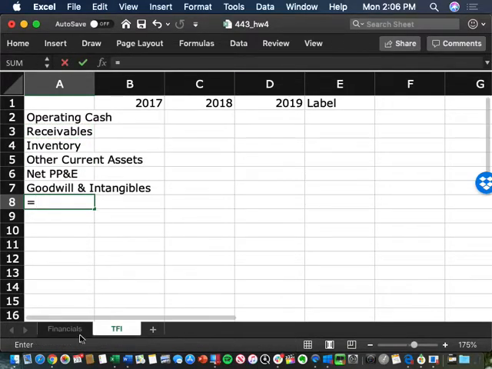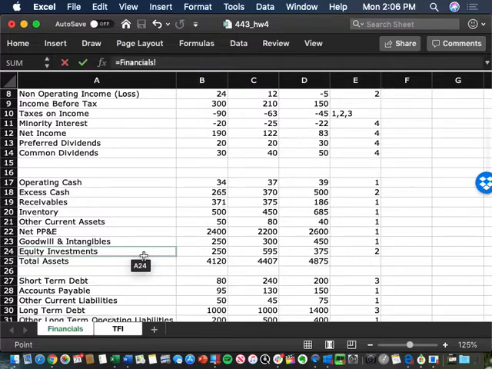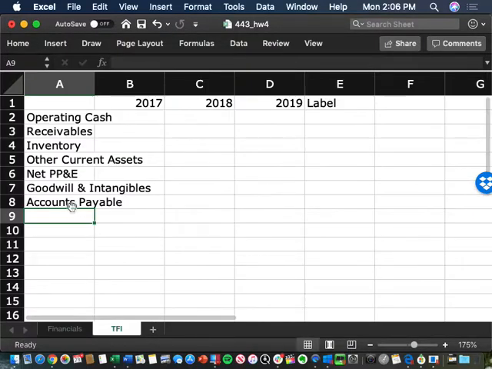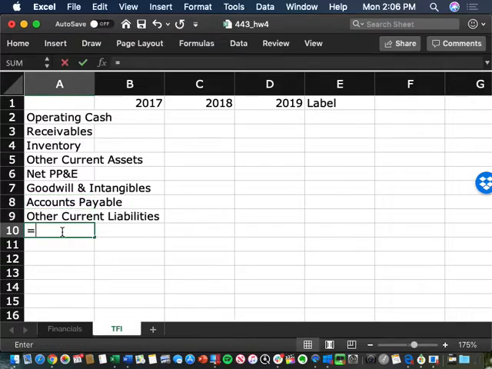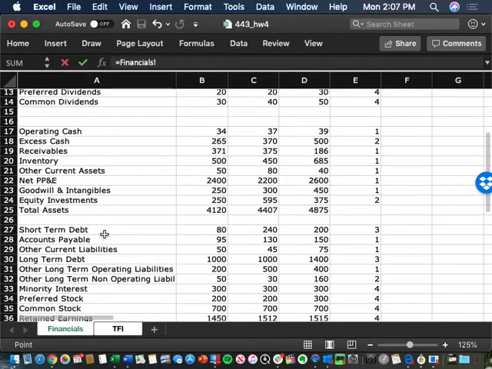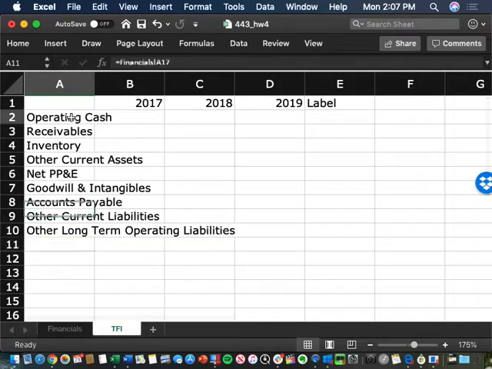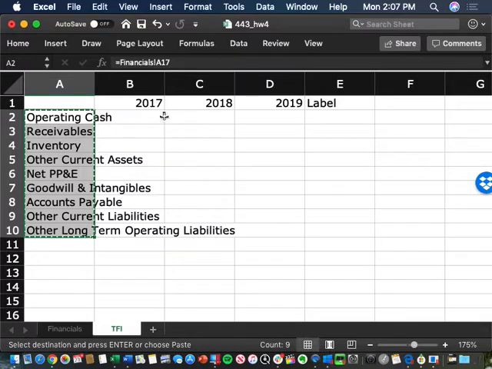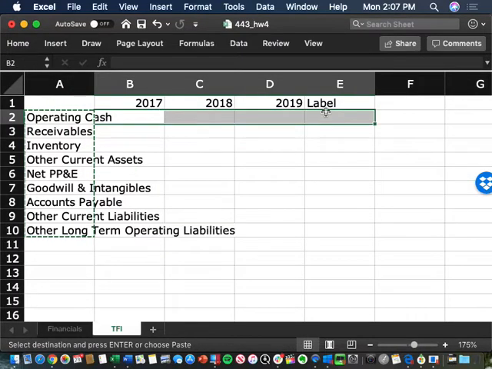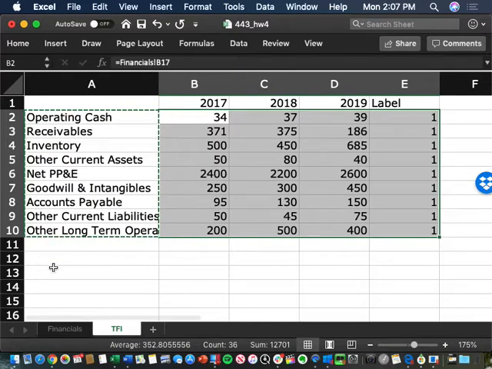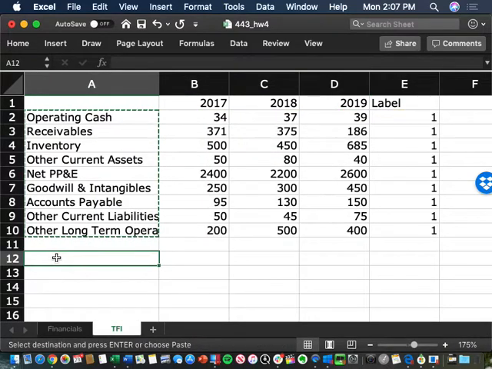And then we look for any liabilities: accounts payable, other current liabilities, and the final one would be other long-term operating liabilities. So these are the operating assets and liabilities. And we said to get to operating invested capital,